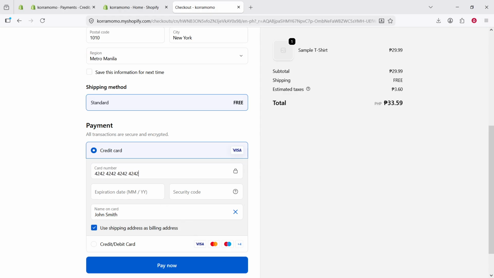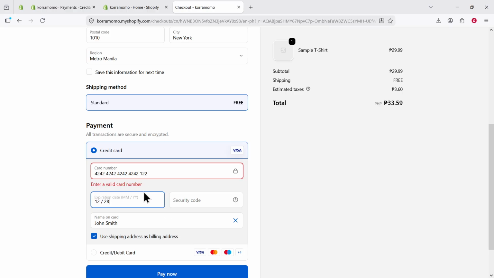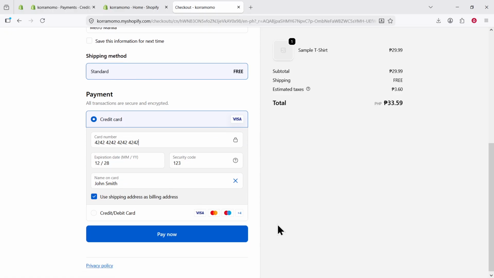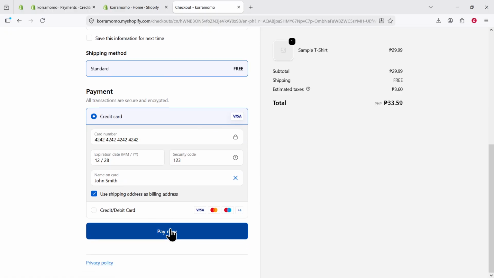Click into the card number field and enter the Stripe test card number provided for testing. Read the digits steadily as they are typed so the card entry keeps pace with the narration. Then move to the expiration date field and enter any future expiration date. After that, click into the security code field and enter any 3-digit security code. Next, click into the name on card field and type the cardholder name. When all payment fields are filled in, click Pay Now, or click Complete Order if that is the button shown